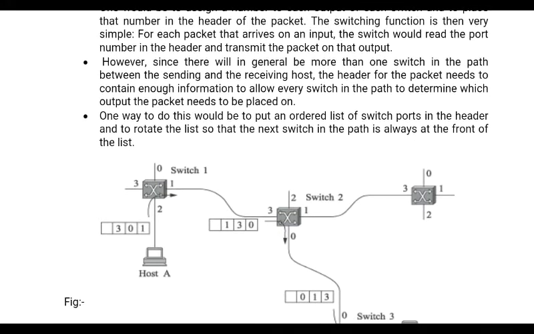Whenever the packet is created by host A, sufficient information is placed in that packet: the port numbers, for however many switches the packet will pass through. By seeing the entries in the header, that is, the outgoing port number, each switch simply forwards the packet on the outgoing port number mentioned in the header of each packet.